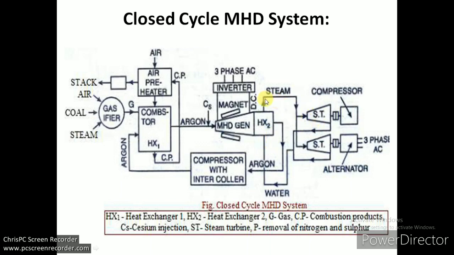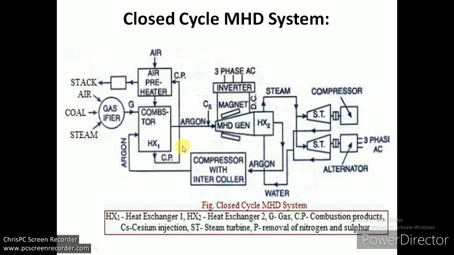In this, the flow of steam is the loop of flow. As you can see here, water is coming from this point. After the expansion, water comes to this point, and from this point to this point, and the heat exchanger again converts it to steam. So this is the whole thermal power plant, coupled with the MHD plant. The rest of the things remain the same, such as an inverter to convert DC current into AC current. And here CP is the combustion product.